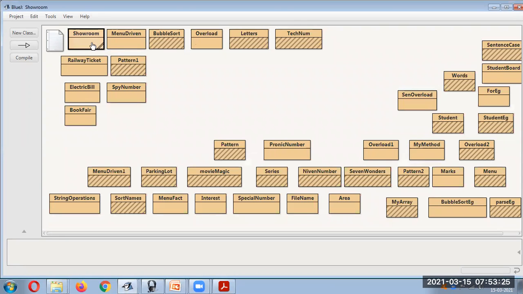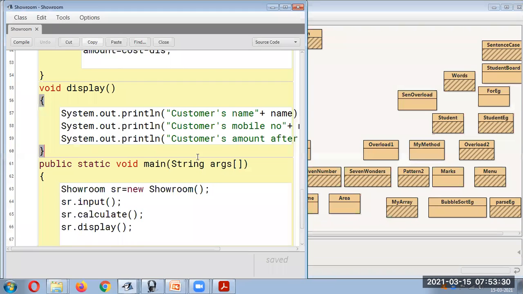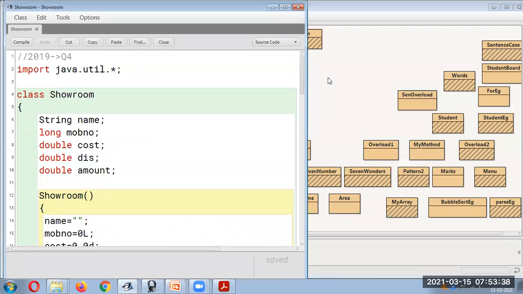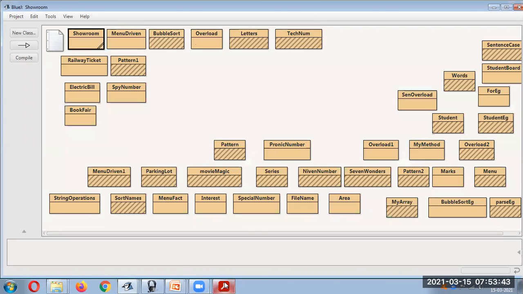Variable table, I will take separately. We are supposed to write a variable table for all the programs. I'll be taking a separate video for creating variable tables and how you are going to write them. So I'll be using that. Okay, because that's a common thing. Let's go to the next question.